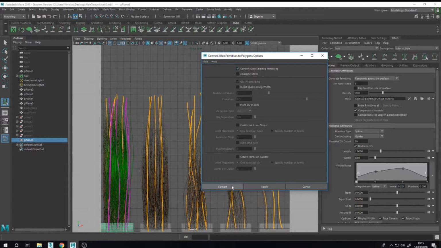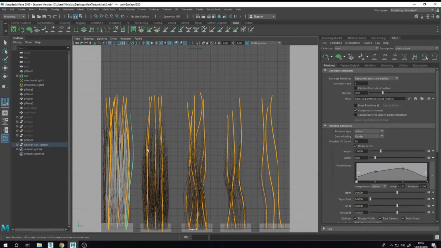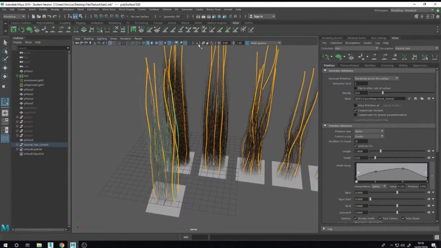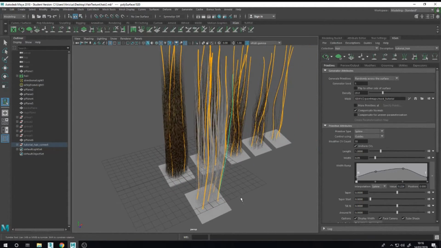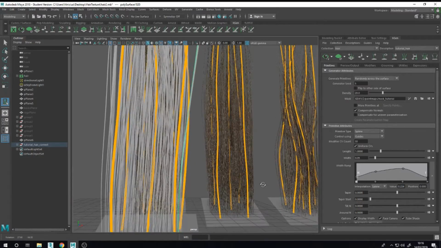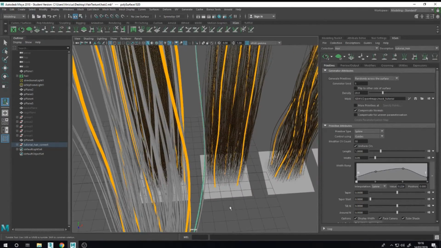Yeah, only convert, the first option. Let me see. Yeah, it's right. So here you have the polygons.